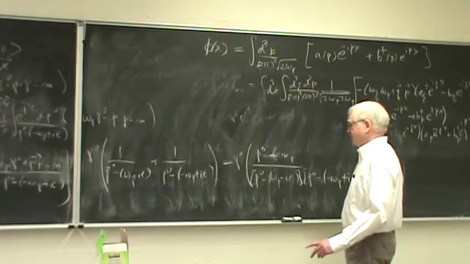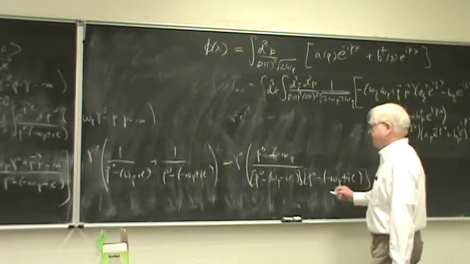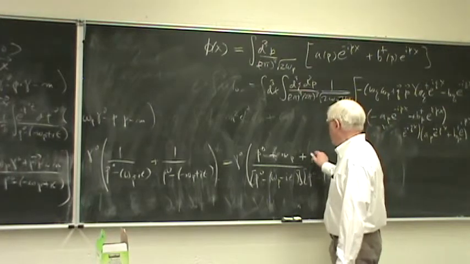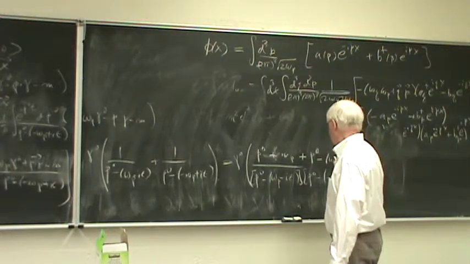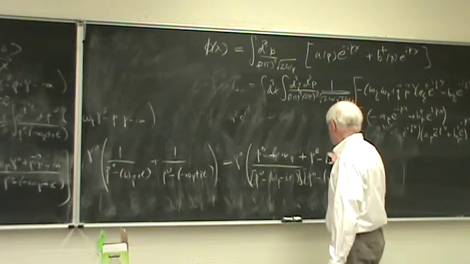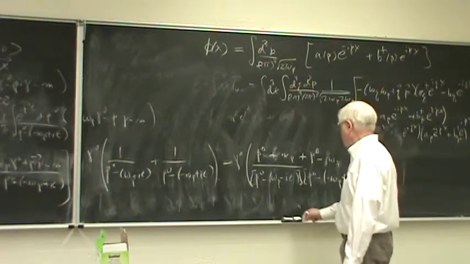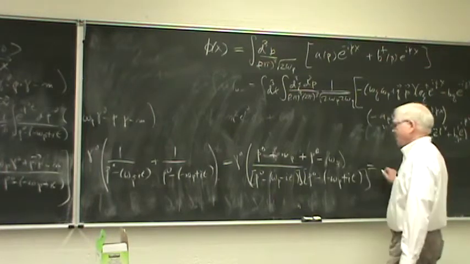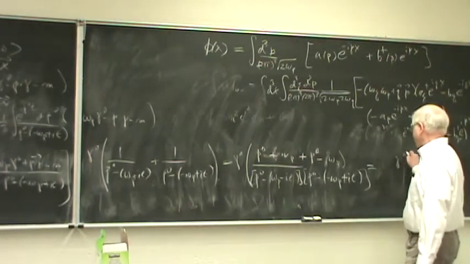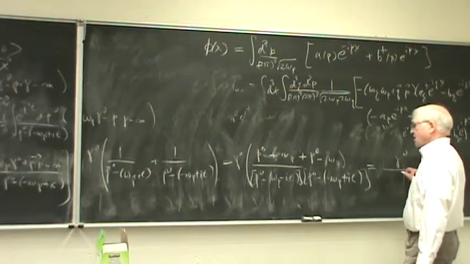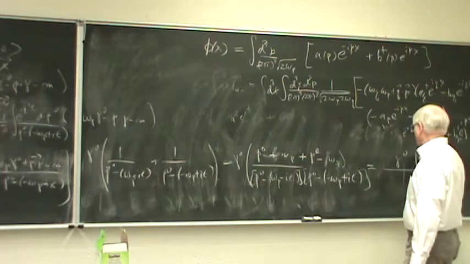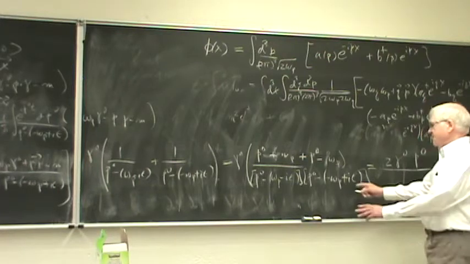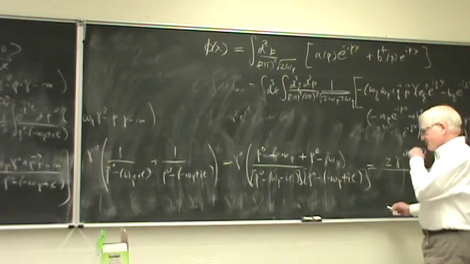That's one term, but then the other term is plus p₀ minus ω_p. Okay, so the ω_p cancels from the numerator there. And what we have for the γ⁰ term then is γ⁰ p₀, or 2p₀, and then the denominator is,